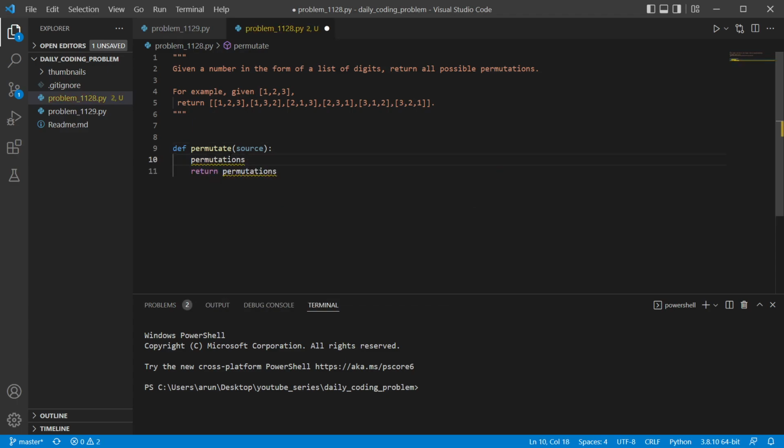Permutations would be equal to an array initially, which should contain all of the numbers that they are providing here in permutations. So for doing that, first we would, okay, we can have another function internally which we can call recursive, because we are supposed to keep adding to this, right? So what we will do is we will have a function called helper,